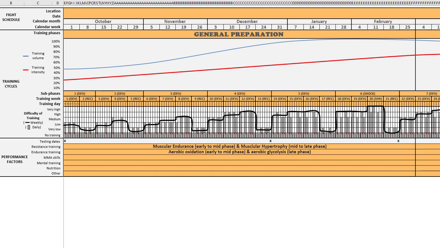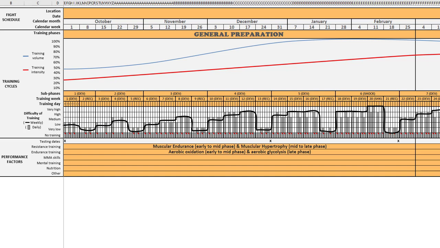So, the first thing that you should do is schedule when you'll complete our testing battery. You should plan on going through this testing battery, certainly before you start this plan, because this will serve as a baseline for measuring all of your adaptation to training as we go through everything. After this, I recommend that you schedule the testing battery every 1 to 3 months or so. So let's go through this example and you can see when you've done it.